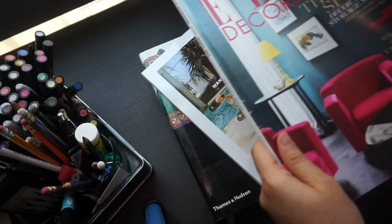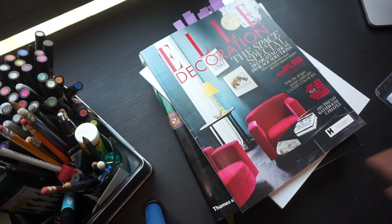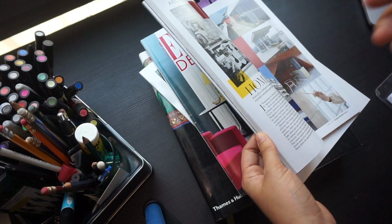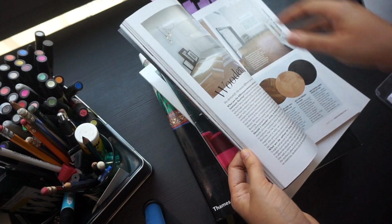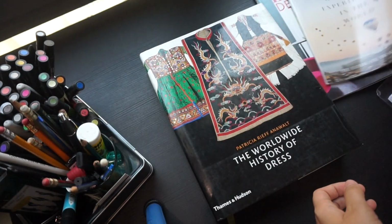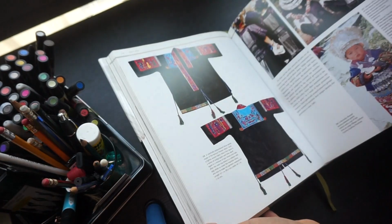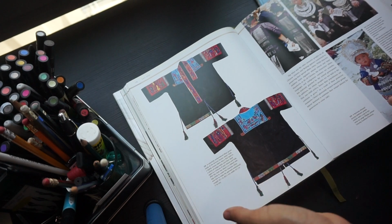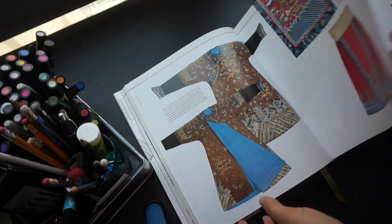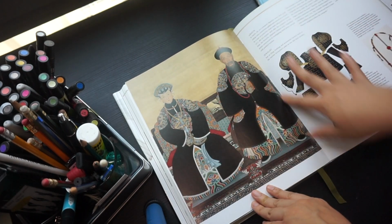Another kind of resource that I like to look at is interior design. Interior design is quite closely related to fashion in terms of, you know, we use a lot of the same materials like textures, colors, fabrics, that kind of thing. So after having looked through the interior book and the travel magazine, of course I could do this with several other magazines and keep looking. But just for the sake of this video, I think I'm going to refer back to this book on the history of fashion in different parts of the world. Since I did flip to this page